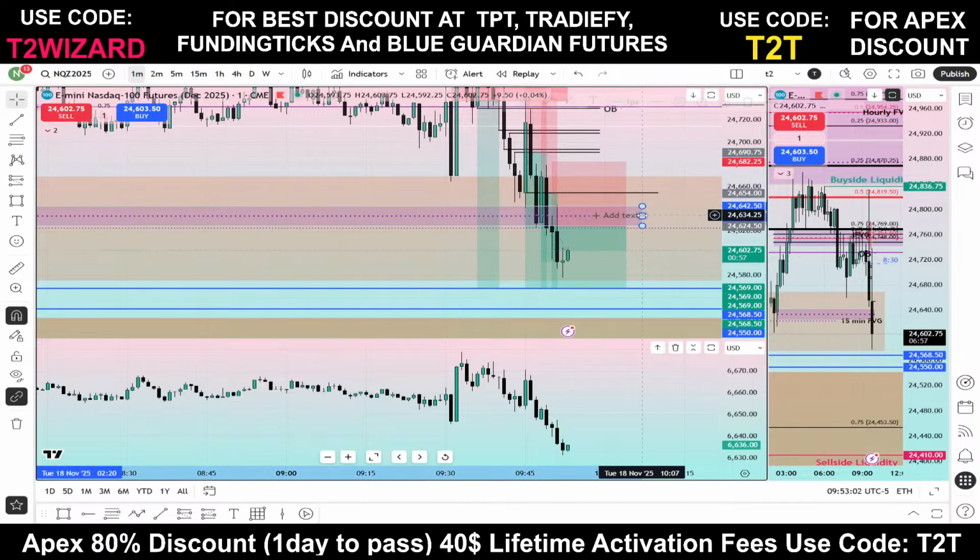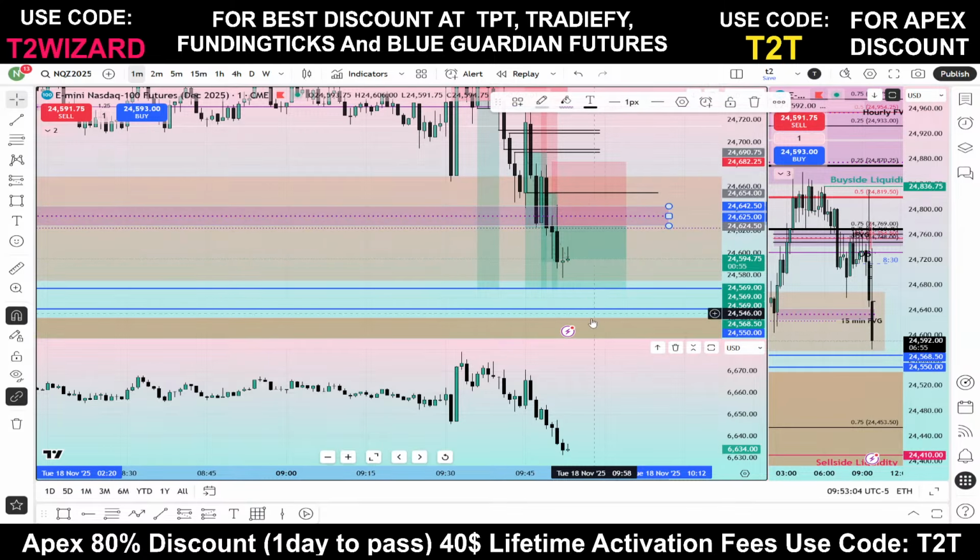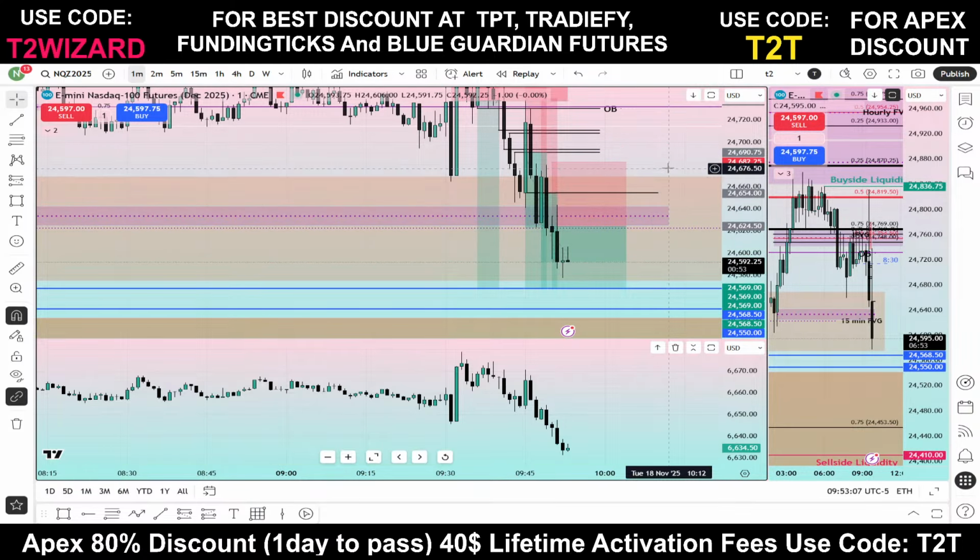Nobody should close above the consequent encroachment of this gap before tapping to this line. Whoever is able to go for that, please go for that. I have no problem. I'm just showing you the PD arrays over here. Is it respecting or not? It's my concern. As it is highly volatile, I'm not interested to go for this type of trade